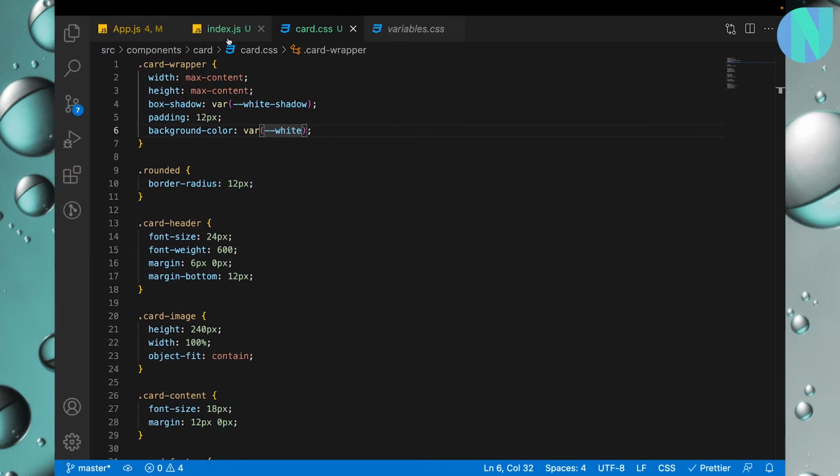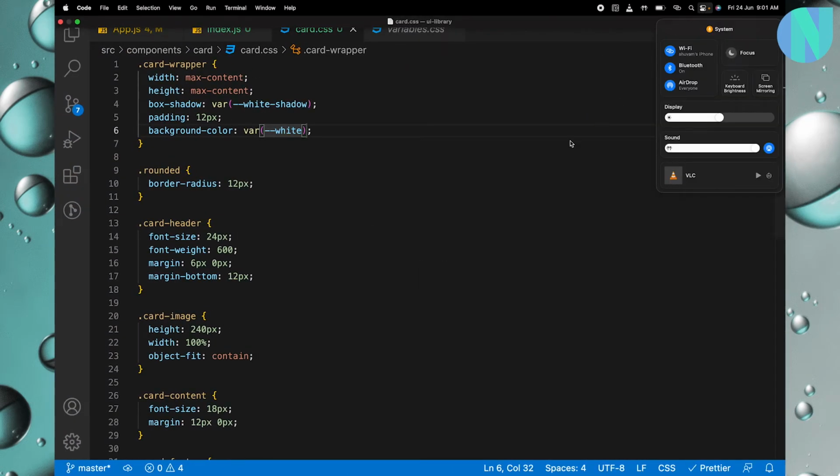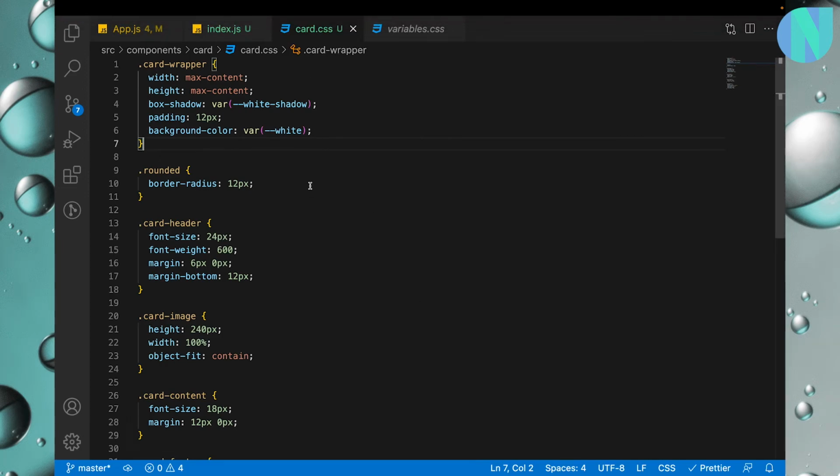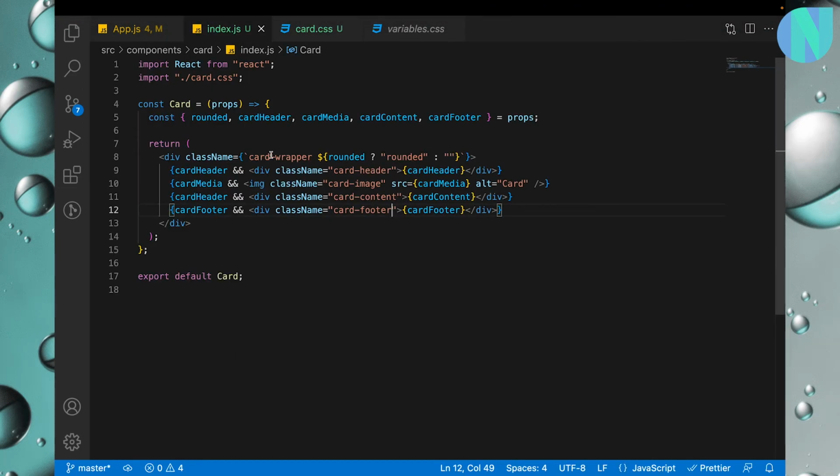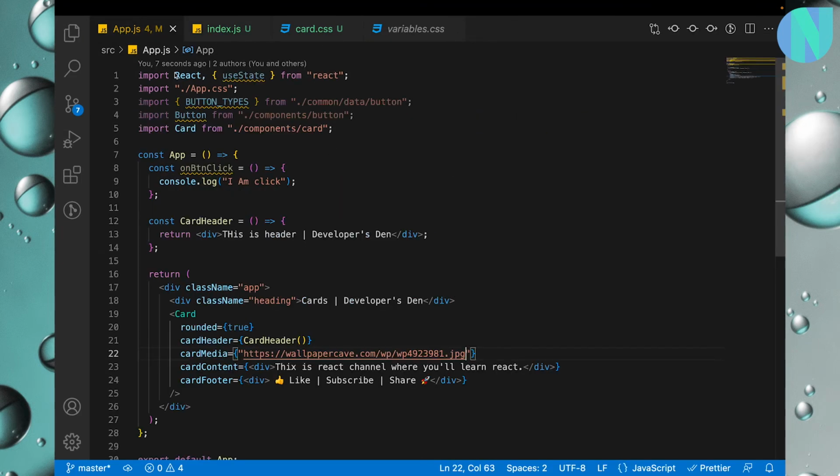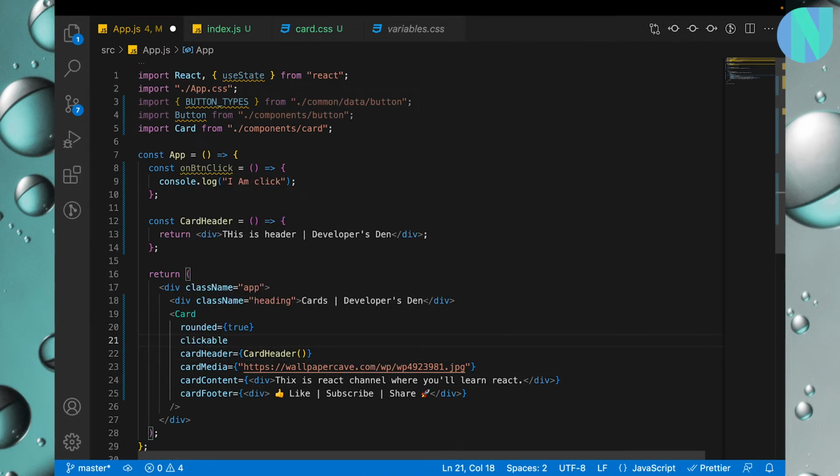So similarly, like how we made this particular card component rounded, we can also make it clickable. So what I'll do is clickable. I'll copy this particular prop name, and how we did it here, I'll again open curly braces. I'll say that if the card component is clickable, then pass the class name clickable, otherwise don't pass anything. Perfect. So I'll go to my app.js, and from here I'll say it is rounded true and clickable is also